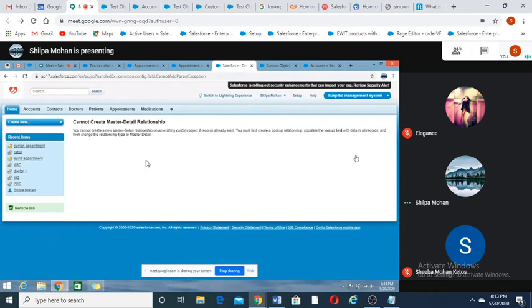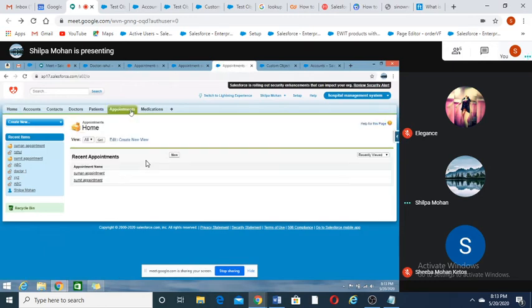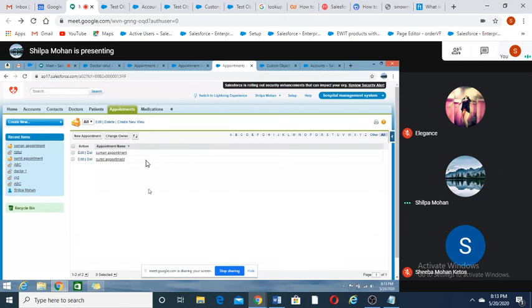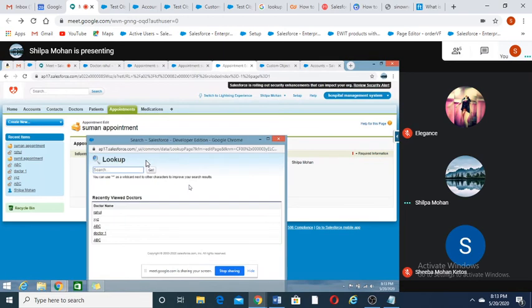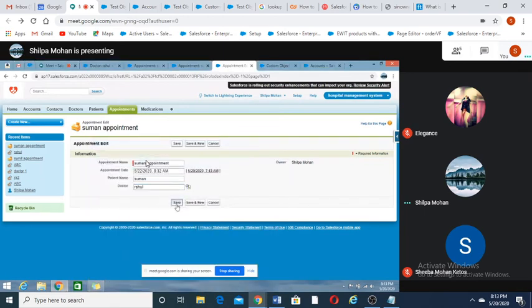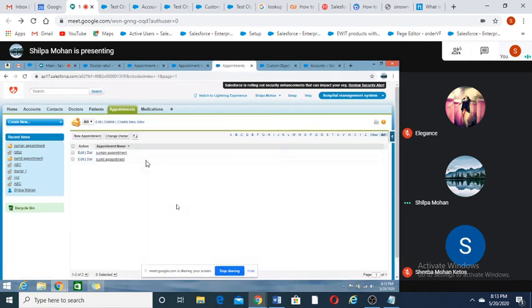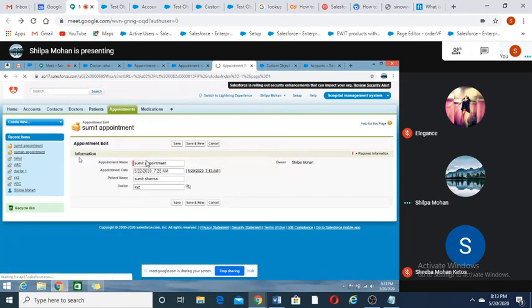So now come to appointment object. Click on go. Go to Suman appointment. Edit. Add a doctor. Save it. And see, Suman's appointment is also having doctor, right? Let's check. Yeah, it's having.